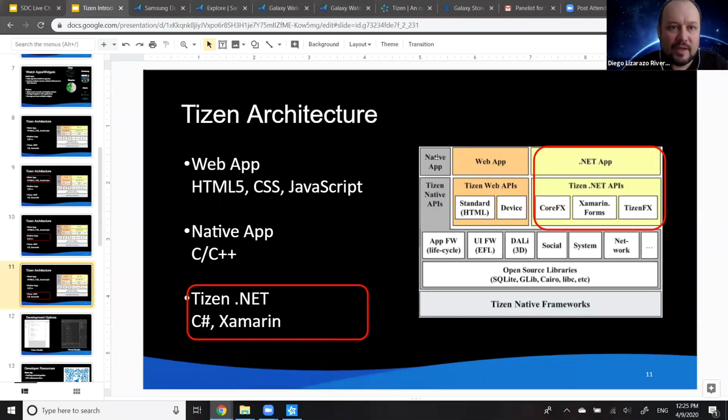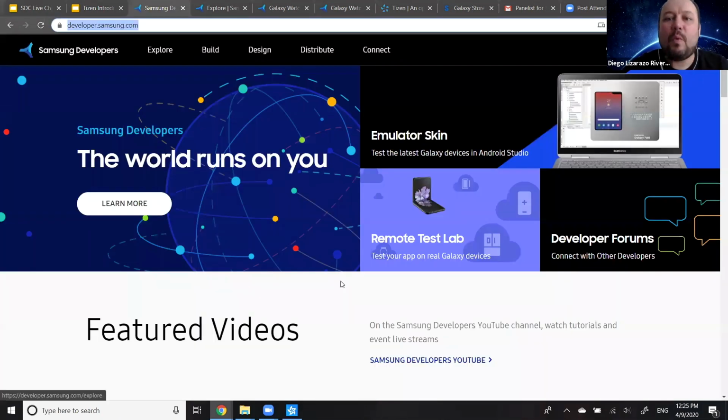Okay, so I'm going to answer part of the question, and then I think Gavi is on the chat, so I'm going to ask her the other part because I don't want to give you the wrong percentage. So the first part is what do you do to submit? The first thing would be to go to developer.samsung.com. That is the page that you have here. You have to sign in